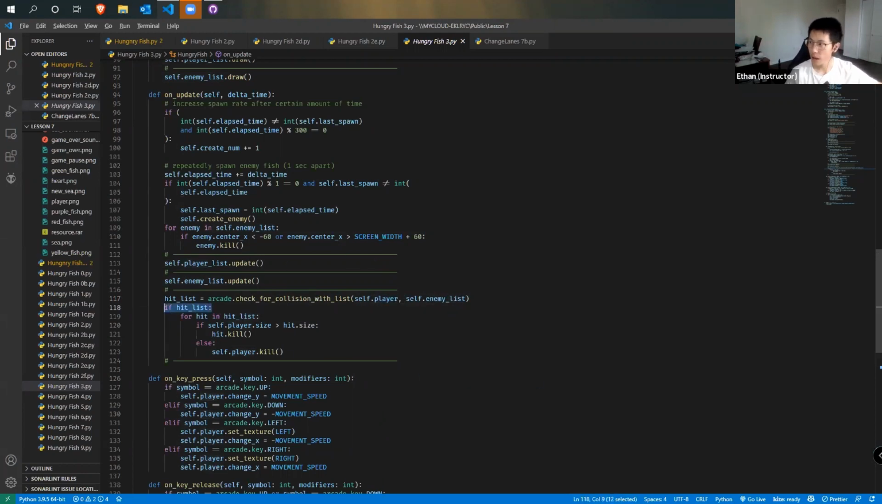So we first check by checking if there's anything in the hit list. If nothing is in the hit list, that means there's no hit, like there's no collision. If there's something in the hit list, then for every single hit in the hit list, we will